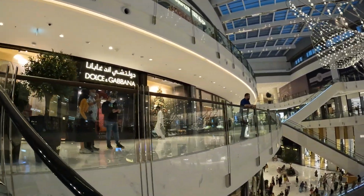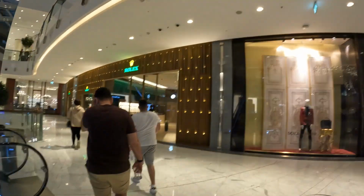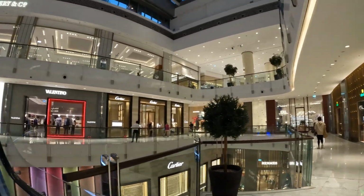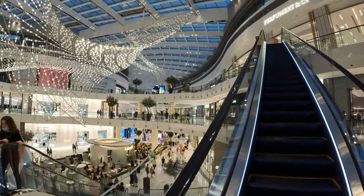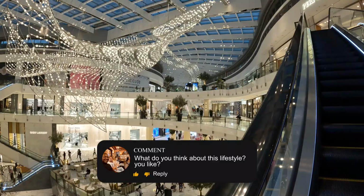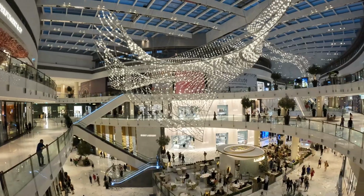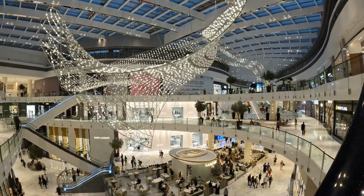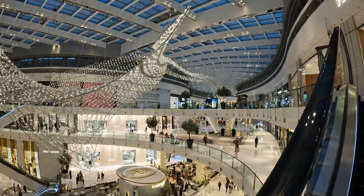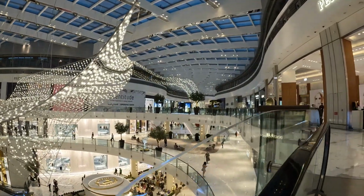Welcome to the biggest mall in the world, guys. And Rolex. I mean, I know there's a lot of money that was pushed in here, but to think that 20 years ago there was nothing like this here. It's just freaking amazing. When I think of big cities like New York, it took time to build them. And these people have built a massive city with the biggest malls,